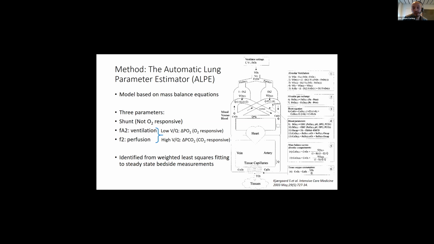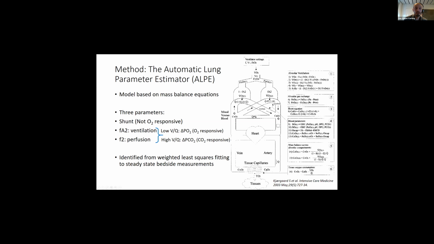I won't take you through the equations, but these are for oxygen gas exchange in the system. The model has 3 parameters: shunt, which is not oxygen responsive; FA2, which decides the distribution of ventilation between the 2 gas exchanging units; and then F2, which decides the perfusion, the blood flow between the 2 compartments. From FA2 and F2, we can calculate an